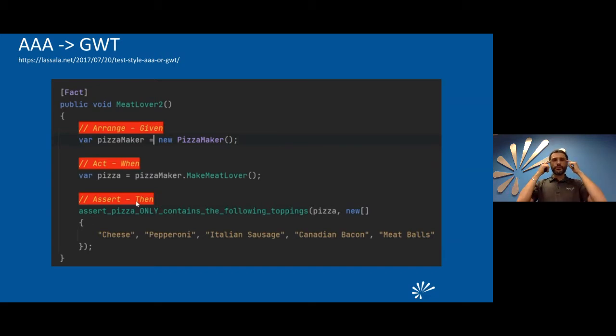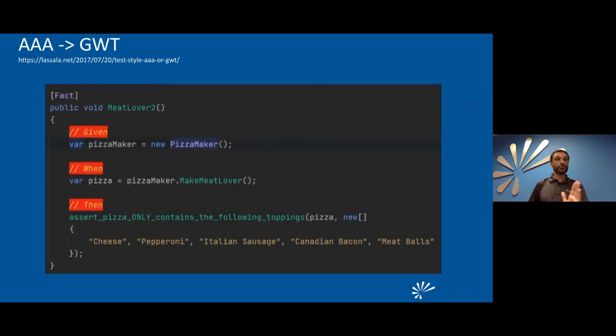Why is it important for me to see it as given when then? That's a way that steps away from the technical side of things, and it makes me think more in business terms, more in English terms, because arrange act assert here is very technical, right? You're arranging your objects. Given, it's more about the context. It makes me step out of the technical realm of things. So that's where I normally go. So I replace those with given when thens, but I keep moving that forward.